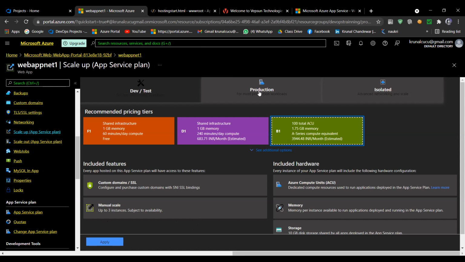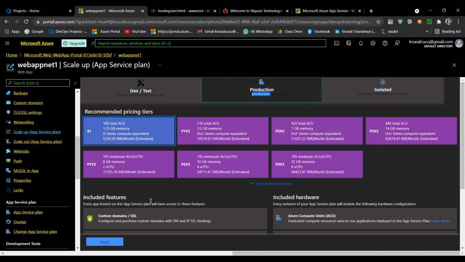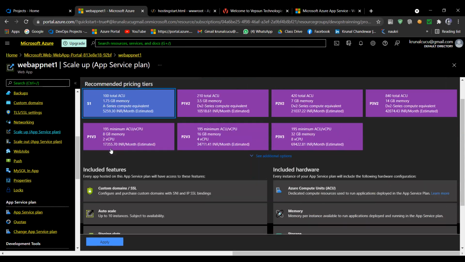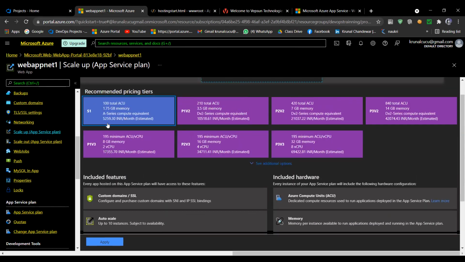But if you are going with production, your rates also increase. Like you will pay 5,000 for this plan, 10,000 for this plan, 21,000 for this plan. That is increasing, and with that your features also increase.